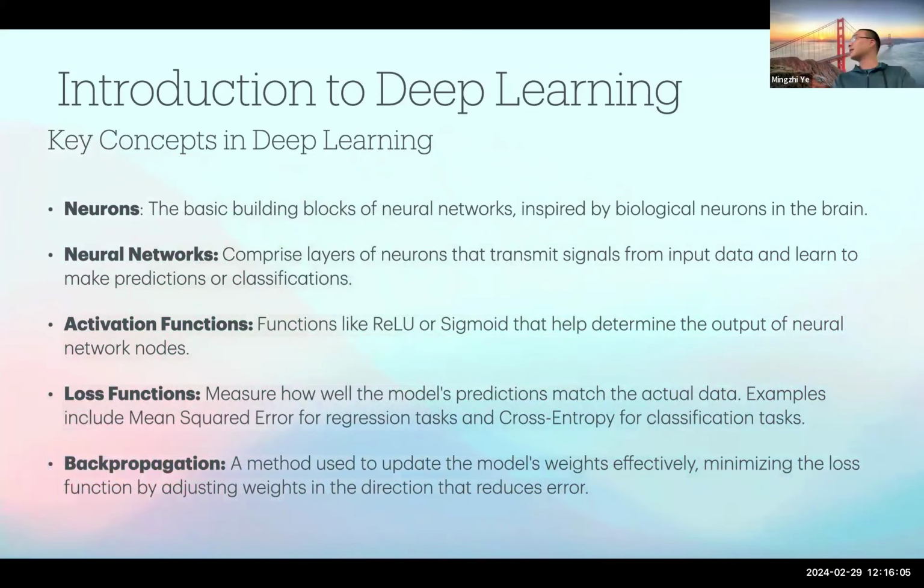And then backpropagation. This is quite an important part in machine learning or deep learning. I think this is used to update the model's weights effectively. That is, in the model, there are a lot of weight matrices that are used to